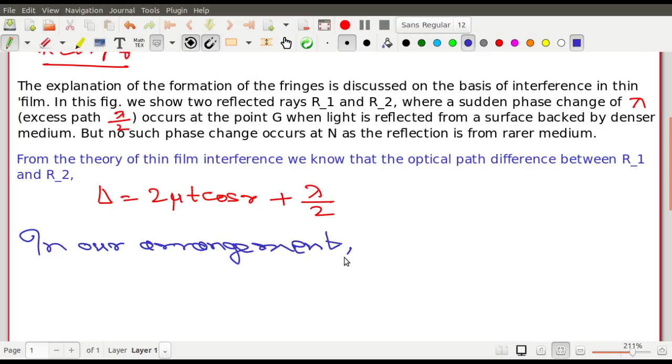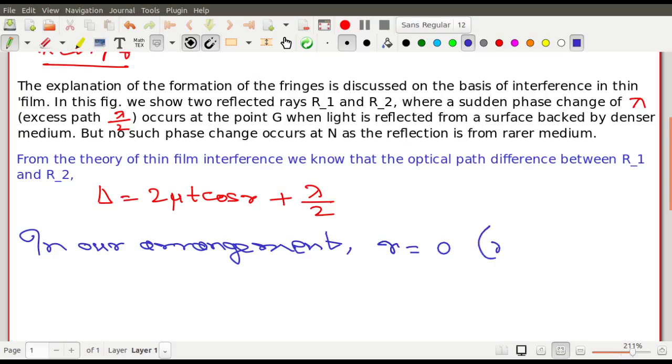In our arrangement, we use the normal rays because we want to get the fringes of equal thickness. Fringes of equal thickness means only the thickness of the film can vary, but the angle of incidence is the same. So here I want to fix the angle of incidence, and the different order fringes I will get are due to the different thickness. So in our arrangement, this r is equal to 0 degree because the angle of incidence